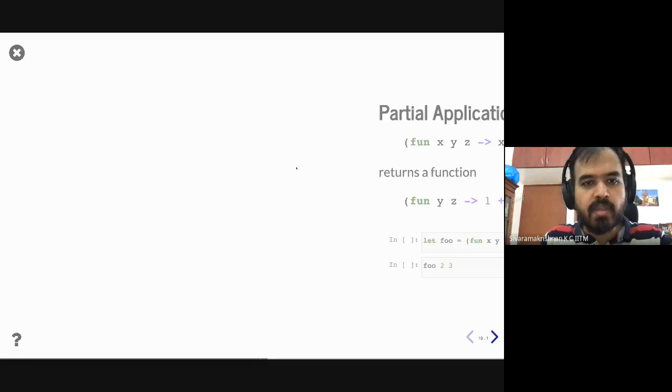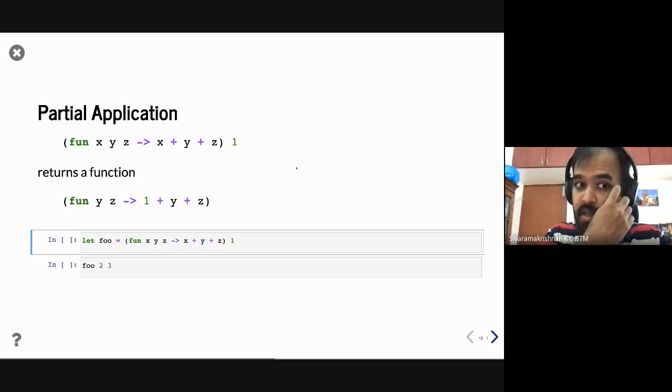So the example that we were looking at is this artificial example where this takes three arguments and then returns the sum of these arguments. You can specialize this function by just applying the first argument, in which case it returns a function that takes two arguments, returns the sum of those arguments plus one, right?